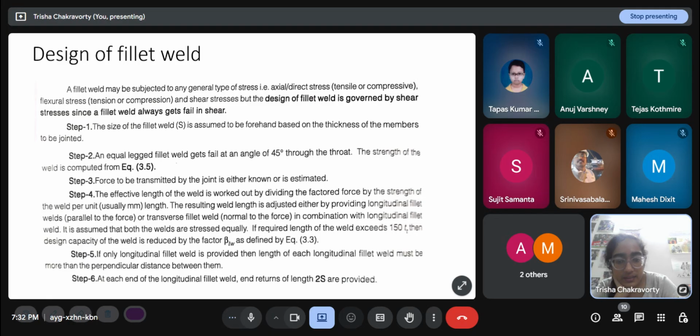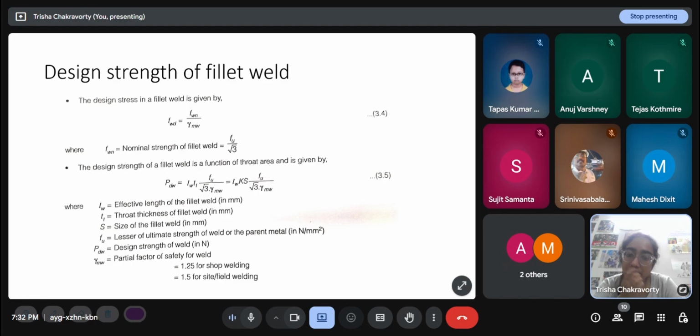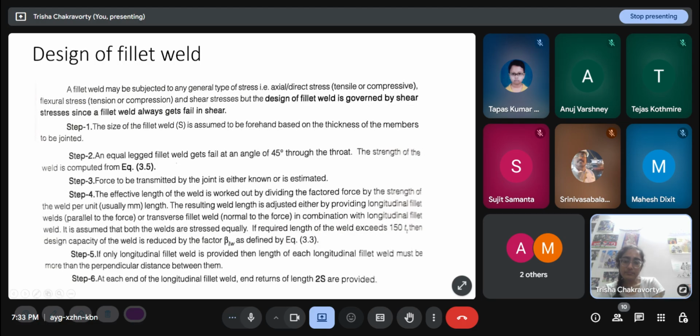See here, if we don't multiply it by the effective length, if we do, if this is my unknown, then by this part I can get the strength of the weld per unit length, and multiplying it by the effective length we'll get the total strength. So if I want to find out the length I require for a particular load to be withstood, then what am I going to do? I'm going to take the load and divide it by its strength per unit length to get the required length.